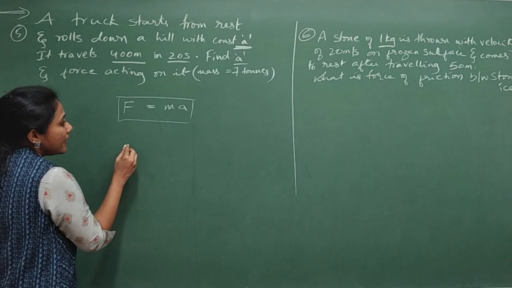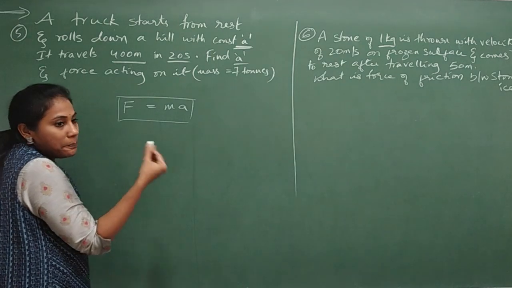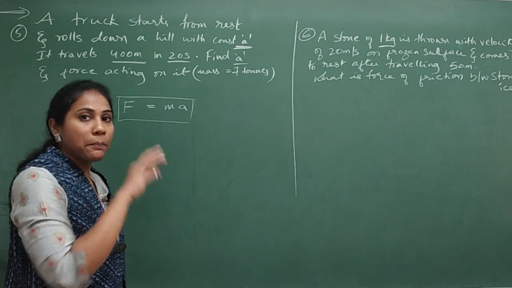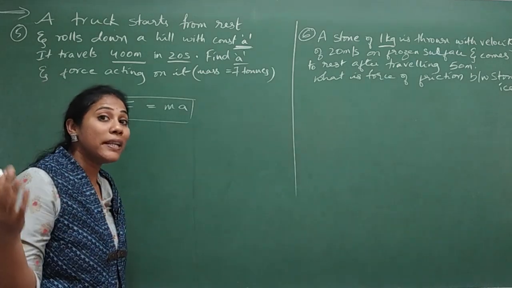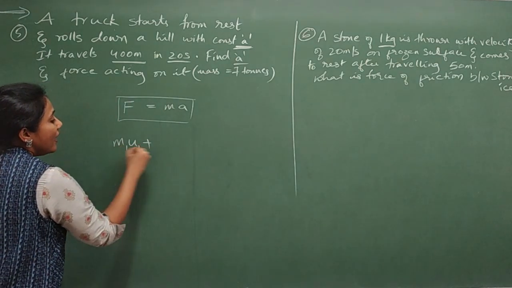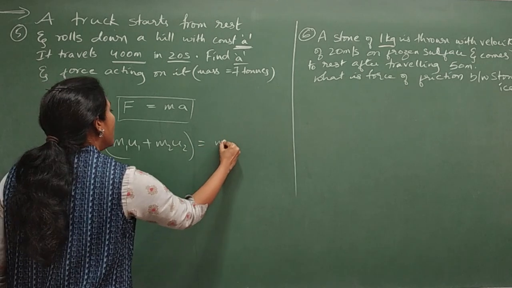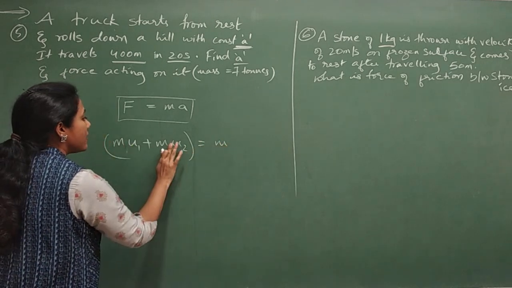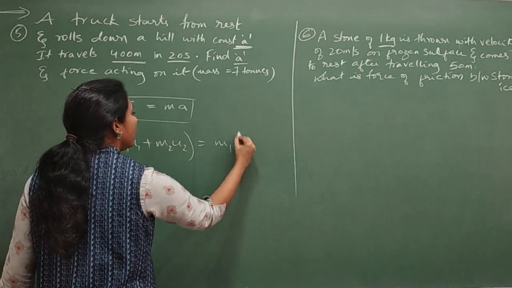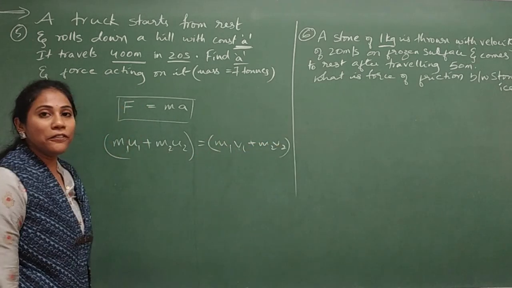And the next formula is conservation of momentum. We have initial momentum is equal to the final momentum, right? Whatever the momentum of an object is before collision, that is equal to the momentum of the object after collision. Mathematically, we will write that as m1 u1 plus m2 u2 is equal to m1 v1 plus m2 v2, as mass is anyway constant. So this is how mathematically we represent